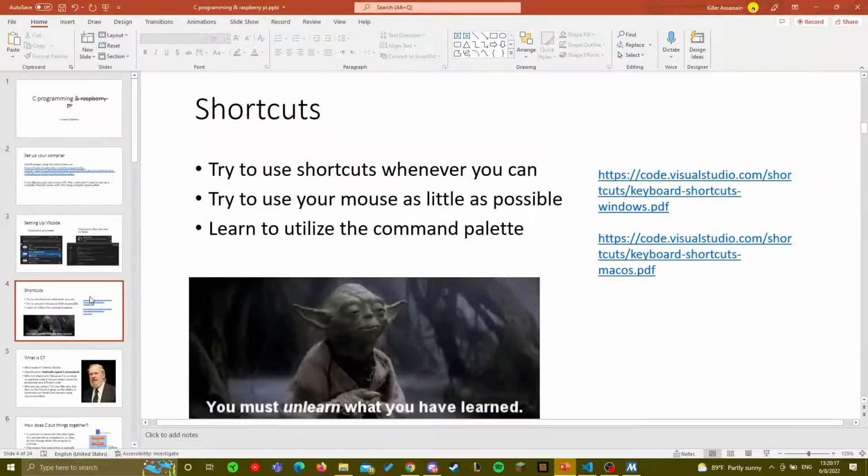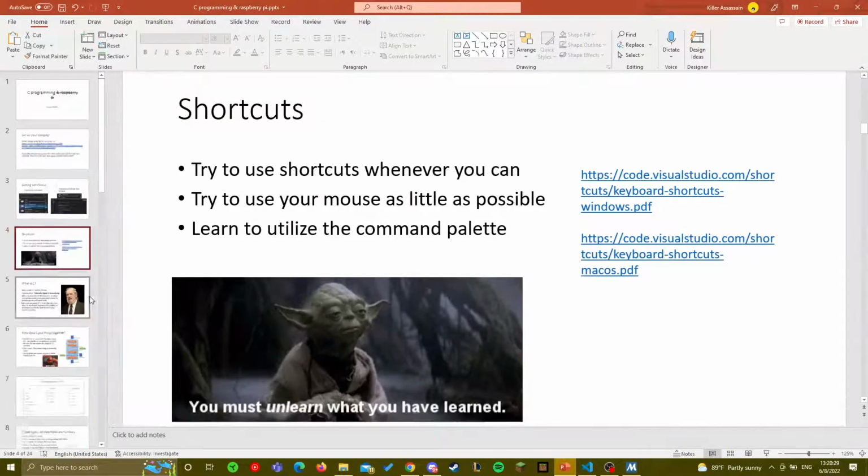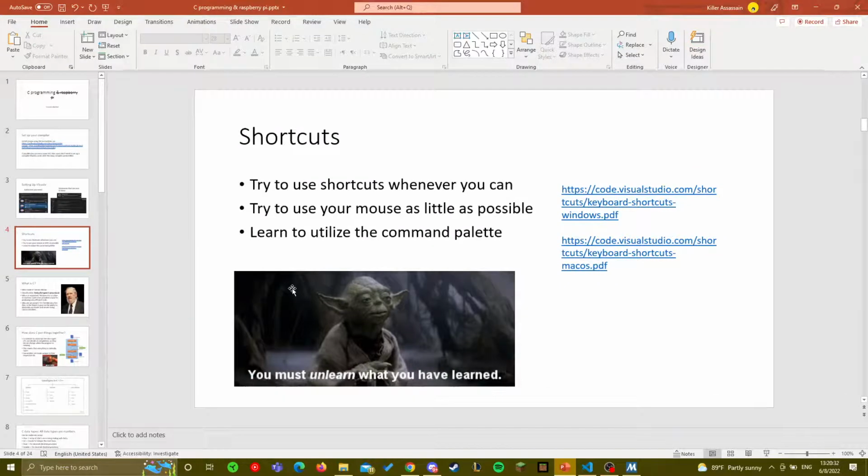Okay. Another thing that's kind of important that you won't be taught in your classes are shortcuts. This is probably one of the most efficient things to do with your time. Really get used to not using the mouse.